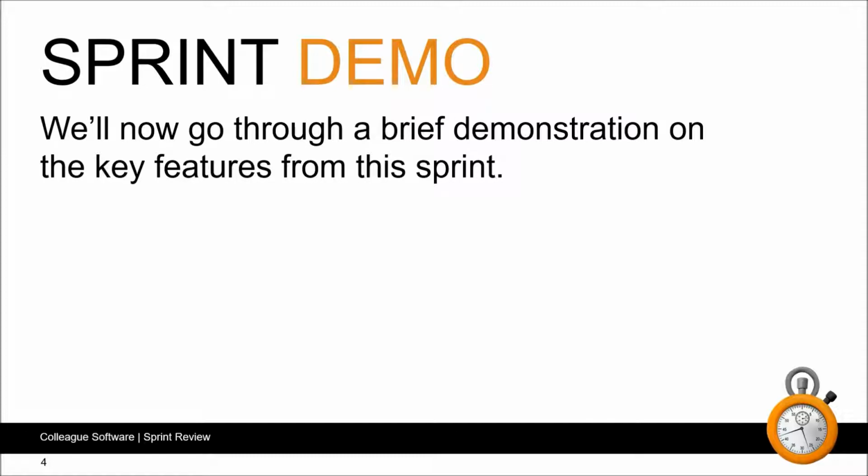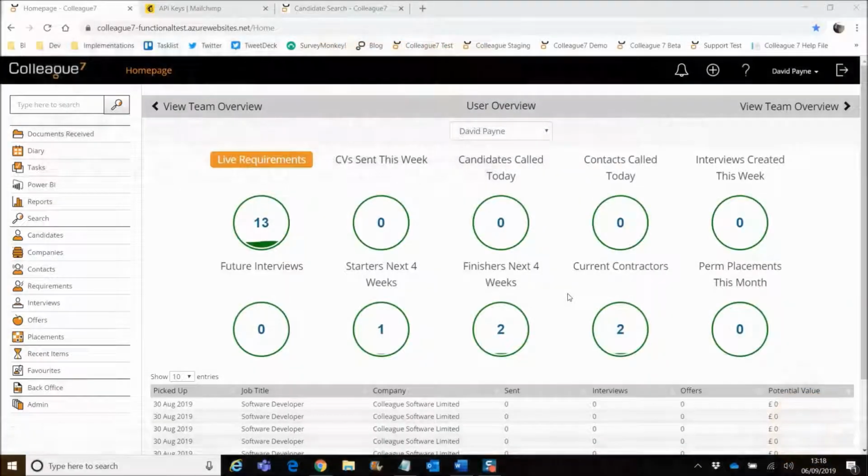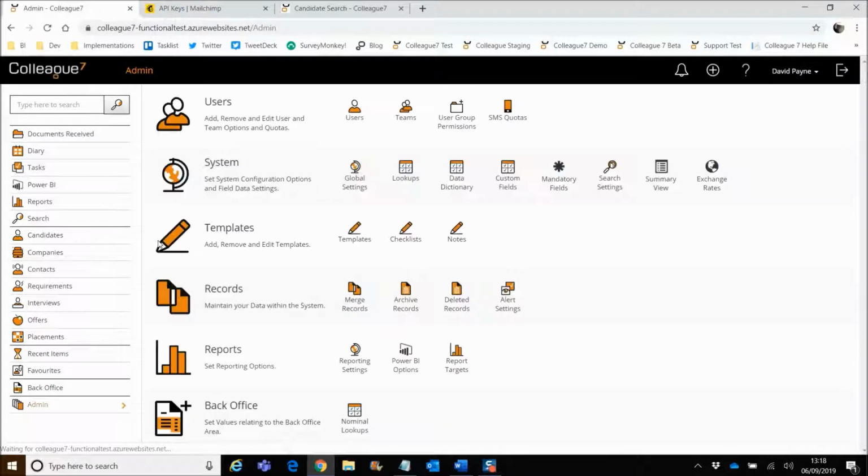We'll now go through a brief demonstration on the key features from this sprint. So the first point to go through is the new MailChimp integration that's now implemented as standard as part of Colleague 7. I will be recording a more comprehensive video with regards to the MailChimp integration because there's quite a few components in relation to it, and for the nature of a sprint review video, this is supposed to be more of a brief review or demonstration of the functionality as opposed to going through every element in relation to it. So if I just quickly cover the main themes in relation to the integration, the first point to